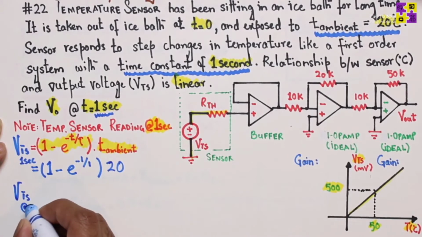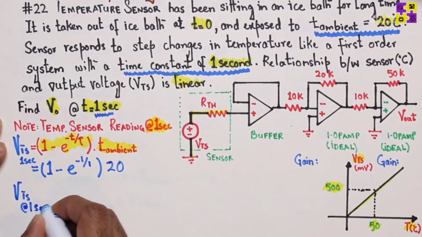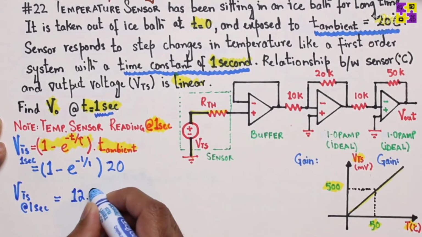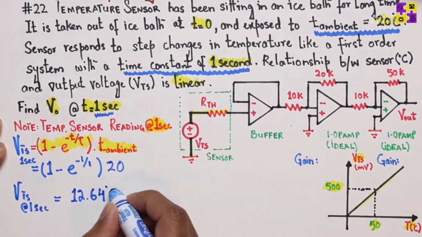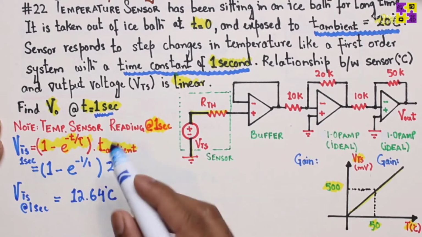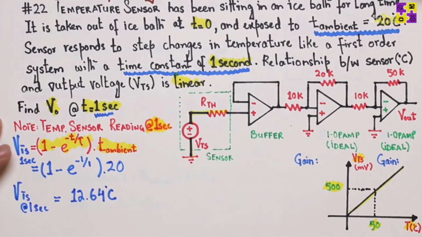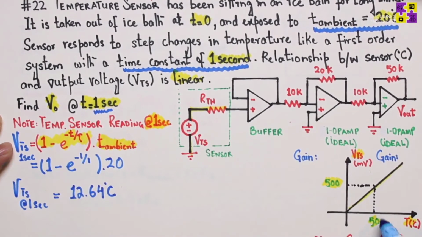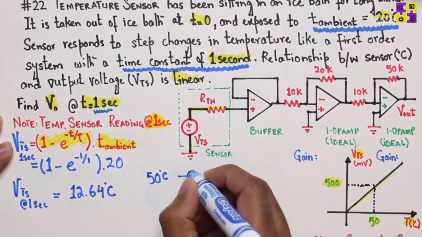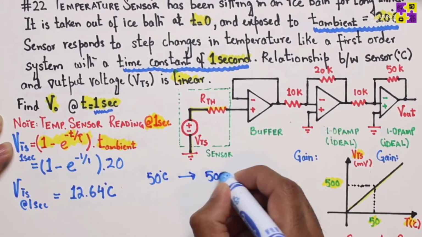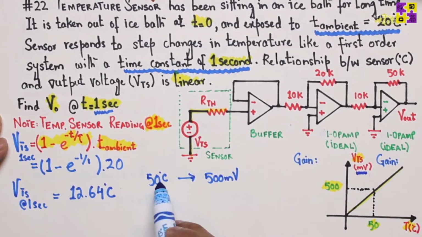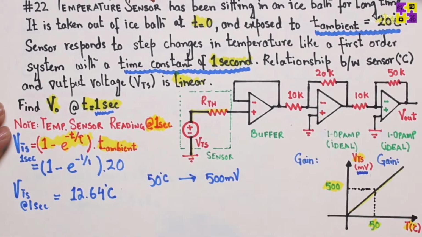VTS at 1 second. That would equal 12.64 degrees centigrade. If I do the math here, 1 minus e to the power -1 times 20, that gives me 12.64 degrees centigrade. Now I know from this graph that 50 degrees centigrade corresponds to 500 millivolt. Remember, this is in millivolt right here. So 50 degrees centigrade corresponds to 500 millivolt, which means